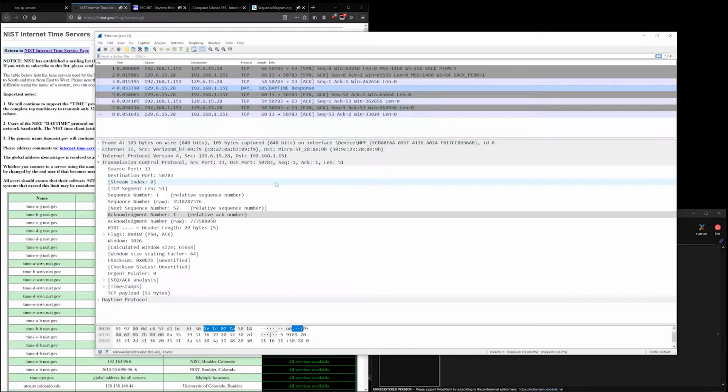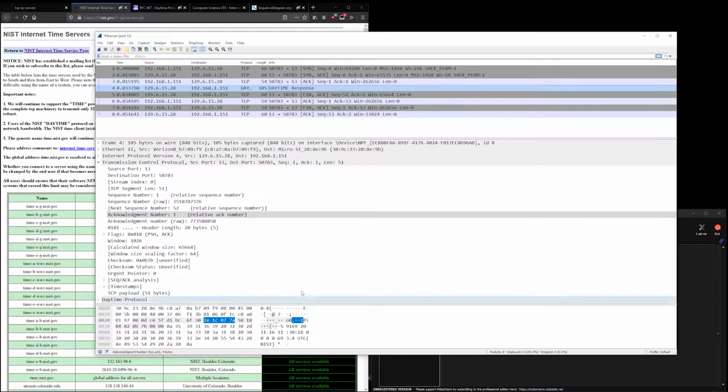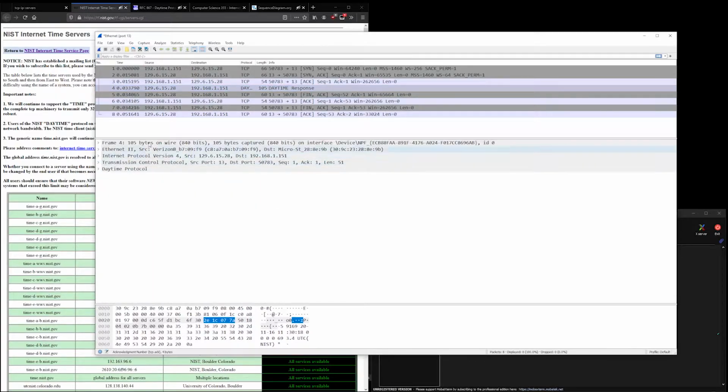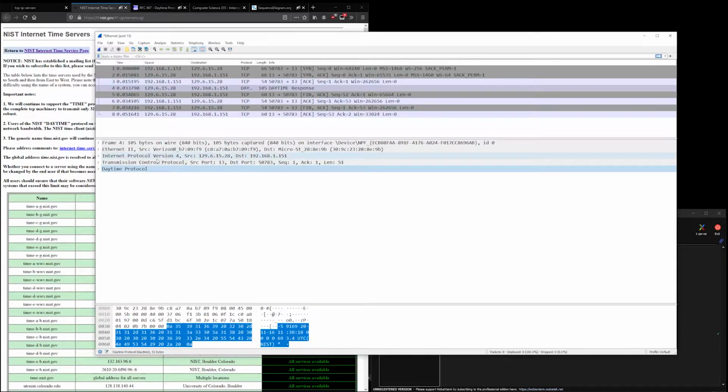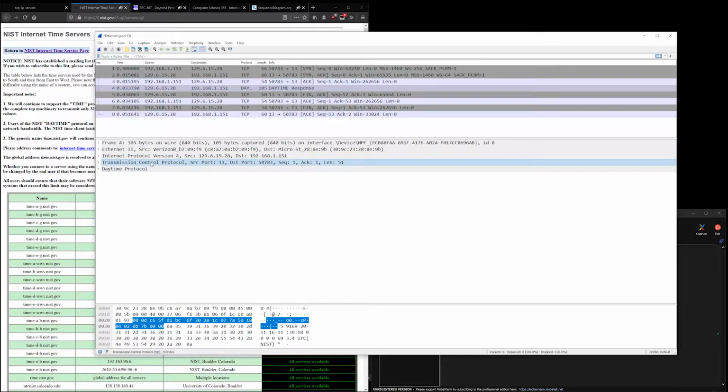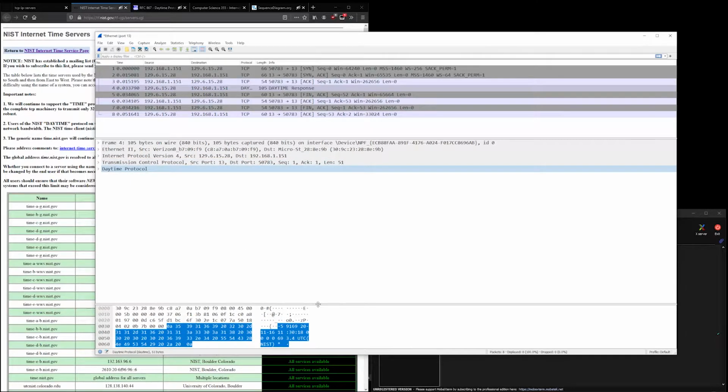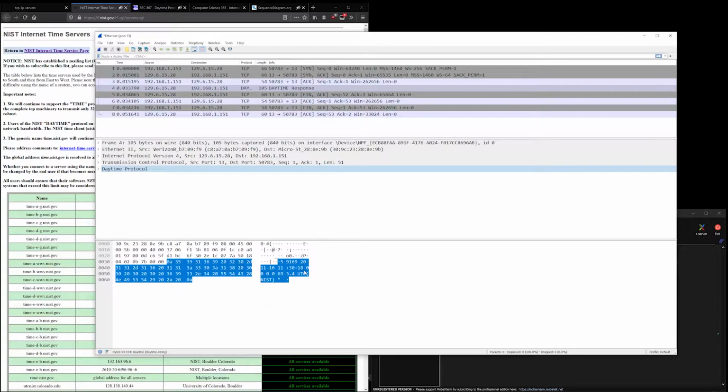Inside Wireshark, the application is broken up into 3 parts. We have the segments, okay, on top. In the middle, we have the different layers, and inside of the bottom, we have the actual bytes. So this is the actual hexadecimal data inside of here. And what's nice is we can